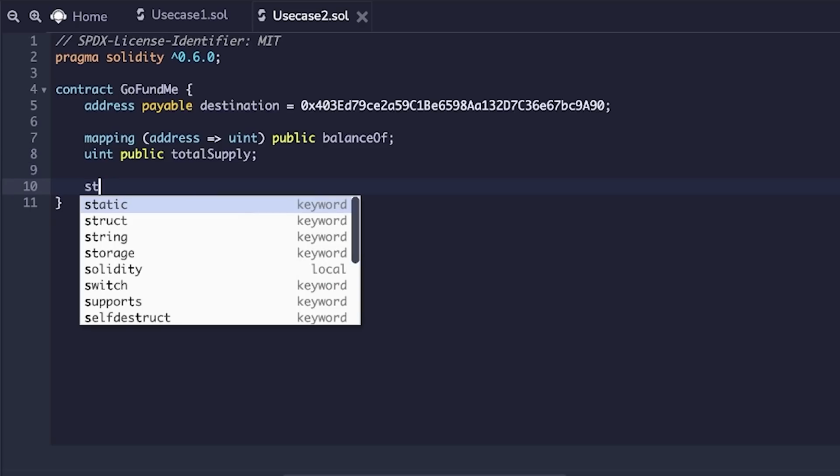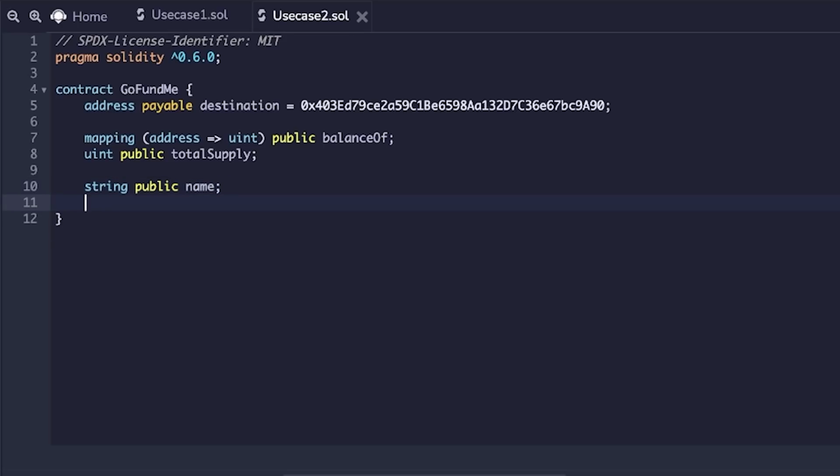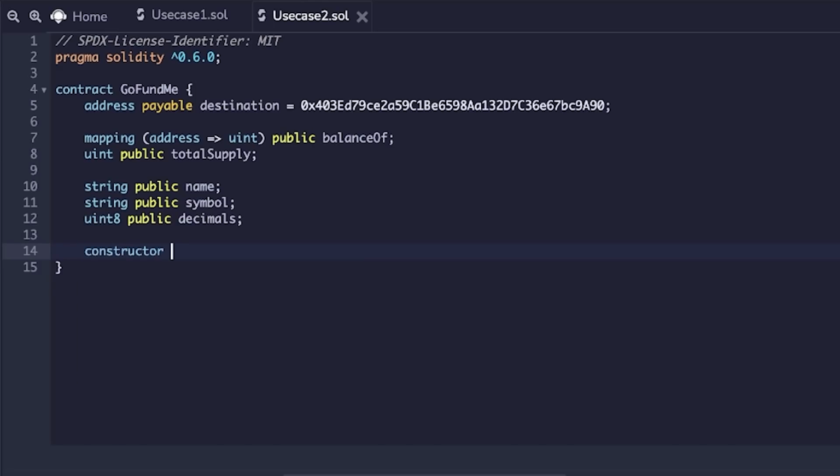So in order to have the ability to name our tokens as well as control the symbol of our tokens, the particular ticker, as well as the decimals of our tokens, inside integer 8, we are going to be adding this. Now, let's go ahead and create a token and assign all the tokens to the creator to test. So we're going to start off with a constructor, unsigned integer,